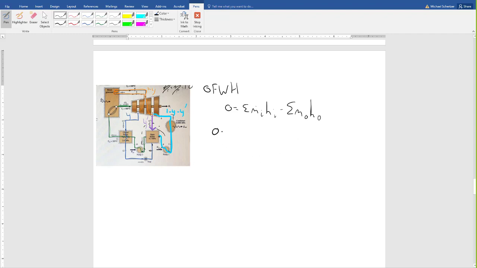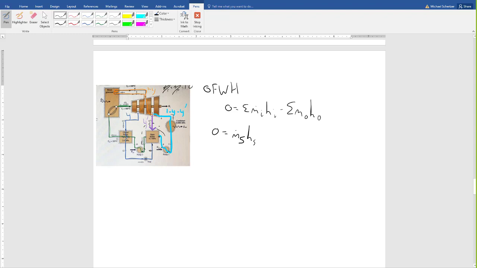Right, so this is going to be 0 is equal to, this is state 5 coming in. So m dot, I'm going to call this m dot 5, recognizing that the mass flow rate doesn't get pinned to the state number. It gets pinned to the inlet or the outlet of the particular component, right? But I'm still going to call it m dot 5, although the m dot associated with state 5 going through this fourth turbine is going to be different than this one. But I'm still going to call it m dot 5,